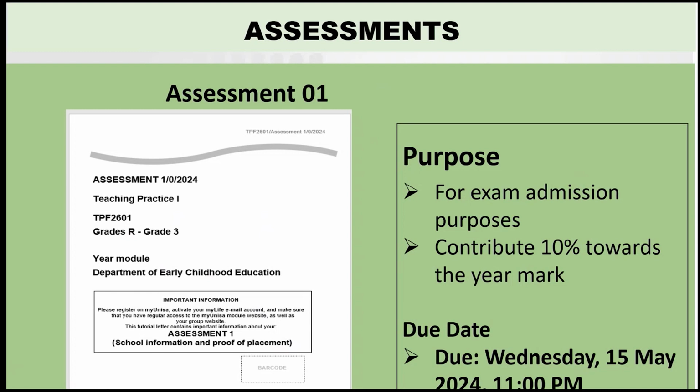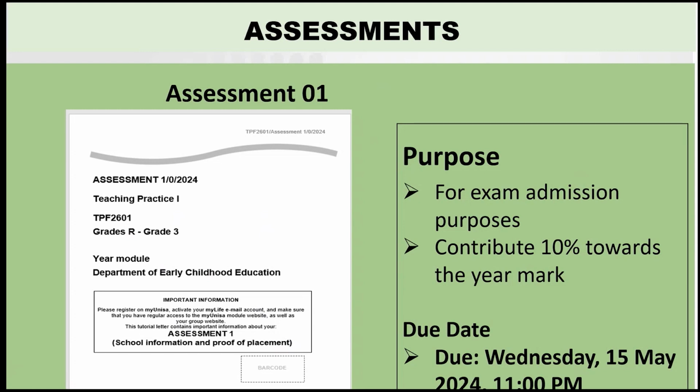I also get emails from the students who have the impression that the due date for assessment 1 was in March. No, please make sure that you check all the due dates for all your assessments and put them in your calendar. Do not operate on hearsay and say that students are saying that the due date is this and that. No, you must check for yourself and plot the dates in your calendar. So now going back to assessment 1, the due date is 15 May. Then what is the purpose for this assessment 1?